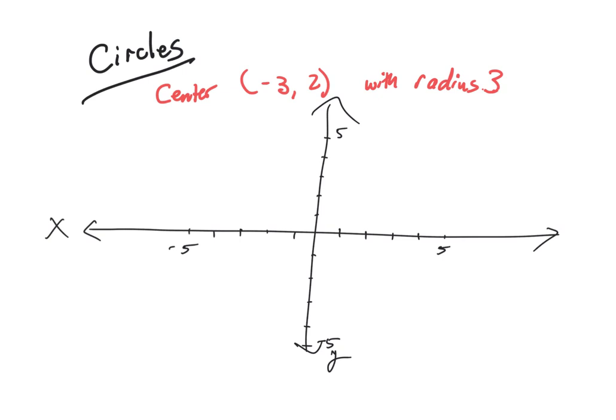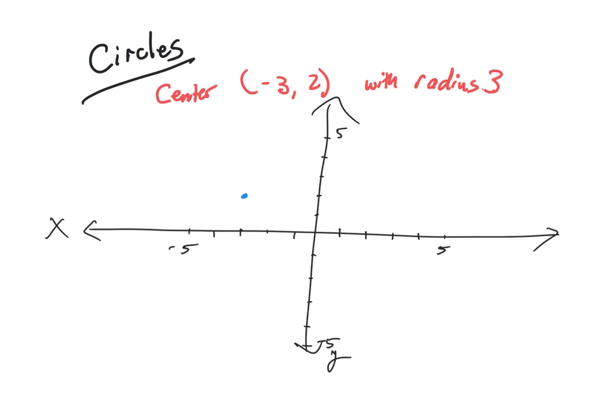When looking at doing the formula, there is a formula that goes into finding circles. There are going to be a lot of commonalities when we go from circles to ellipses to hyperbolas and other shapes. We call them conic sections as we move through this. But what I'm going to start with is a center at -3, 2, which is right there, with